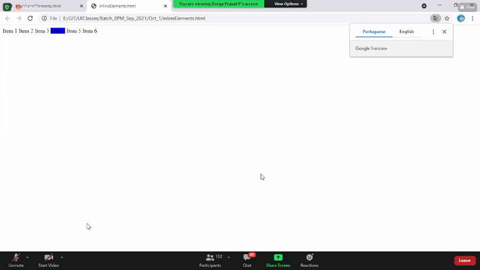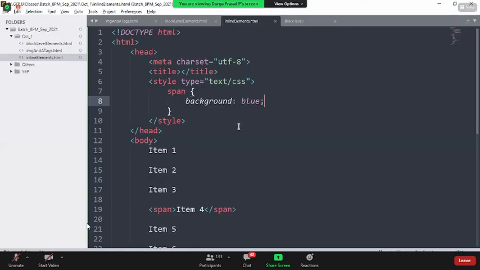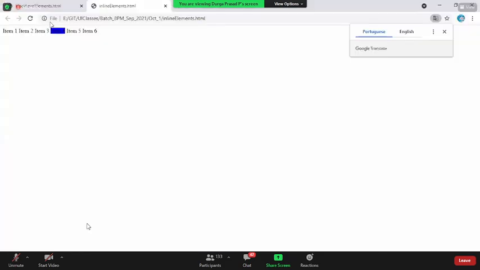Only for the word elements that you have given, only for item 4. Only the content it is holding, only that much width it is occupying. It is not increasing, it is not occupying the 100% width. Now, when I say instead of item 4 some junk, some extra text, obviously my width is increasing. So my width is always dependent on the text content I am holding.